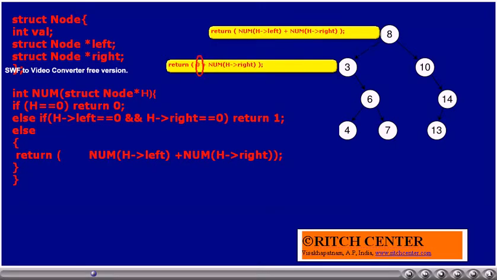If we verify, when we call the function num(h->left) for this node having number 3, there is no left subtree at all. Thus, we will be sending num(0). However, the function returns 0 as h value is 0. That is, we are sending 0 to this function. Thus, it returns simply 0.